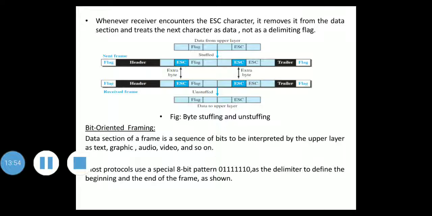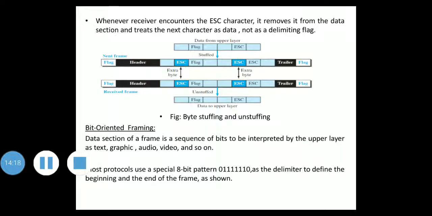Then in this byte stuffing by the escape character, it will allow the presence of the flag in the data section of the frame, but it is going to create one more problem. What is that? If the text contains one or more escape characters and if it is followed by a byte with the same pattern as the flag, then what happens?